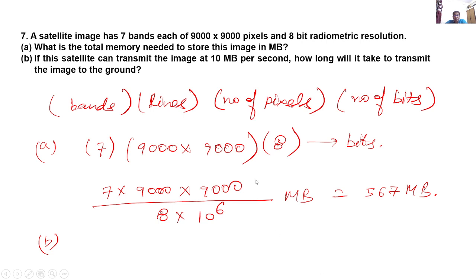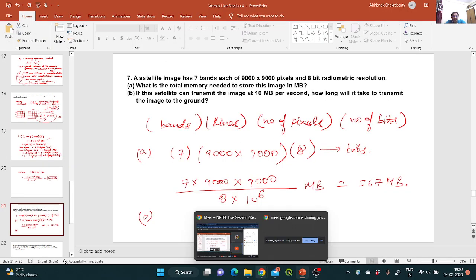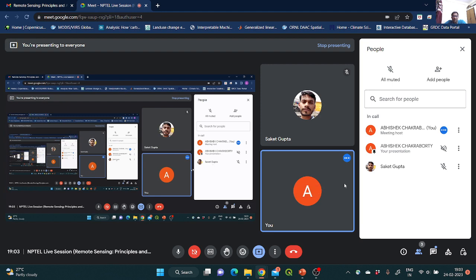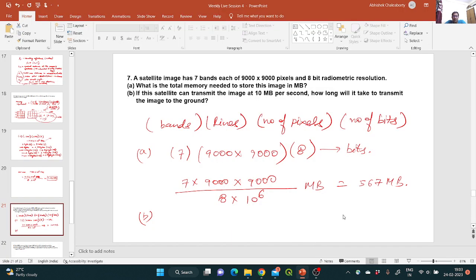So how to do this part B? So we are given the rate. Rate is 10 Mbps, meaning 10 megabytes per second, and we also know the total storage, which is 567 megabytes, MB. So to come to the time,